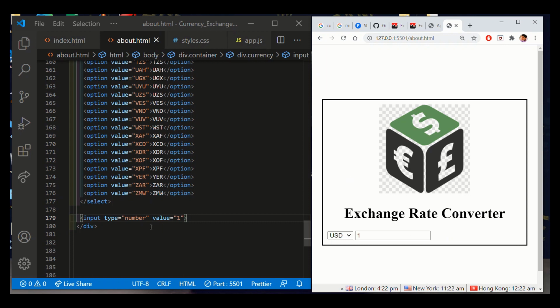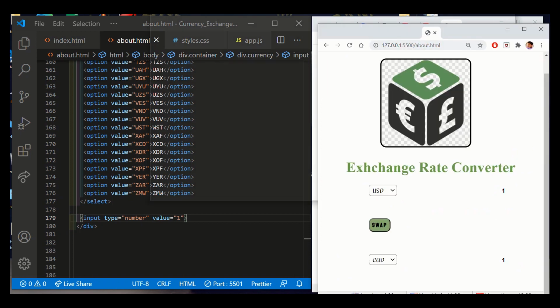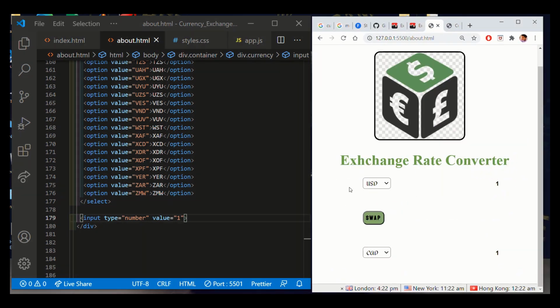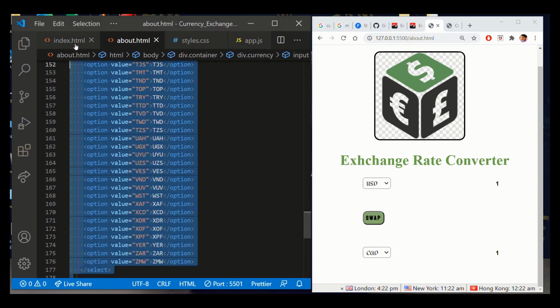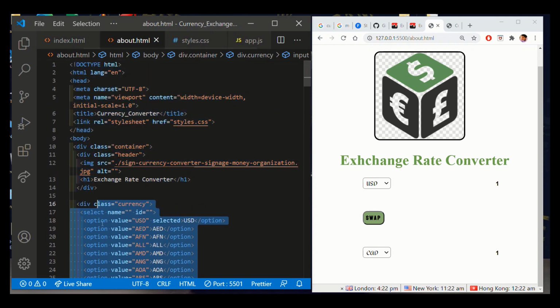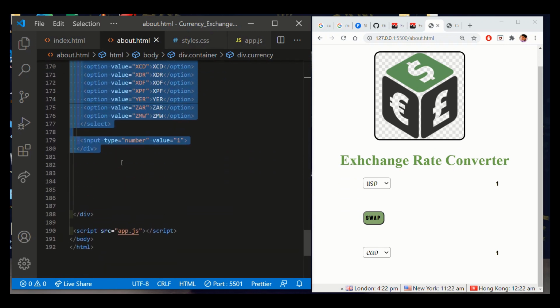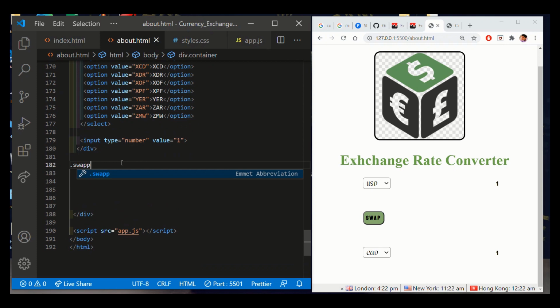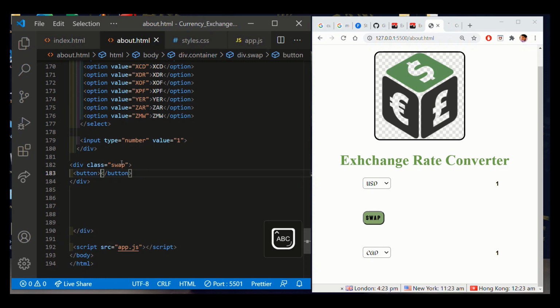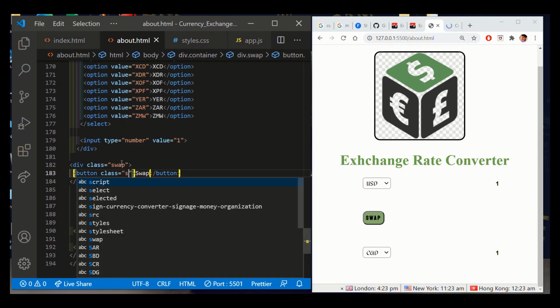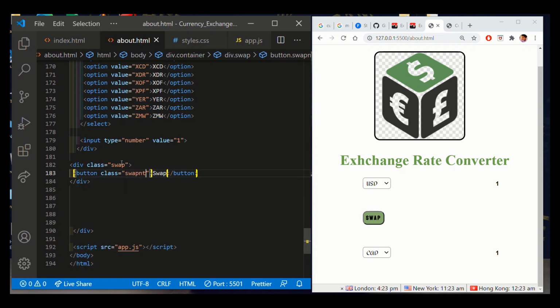So then I'm gonna copy paste it for my second one. It's the same one in the second. So I'm just gonna copy paste, and we just have a swap button in between. So this one I would just copy, and before that I would just define a swap, with the class of maybe swap button,